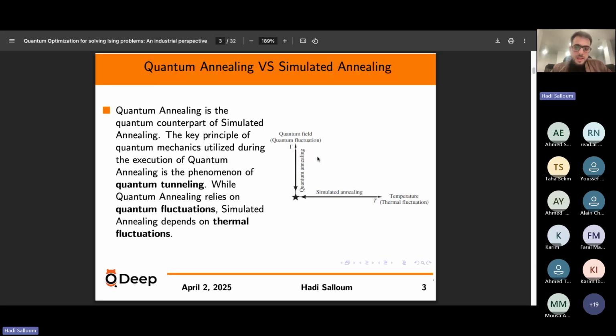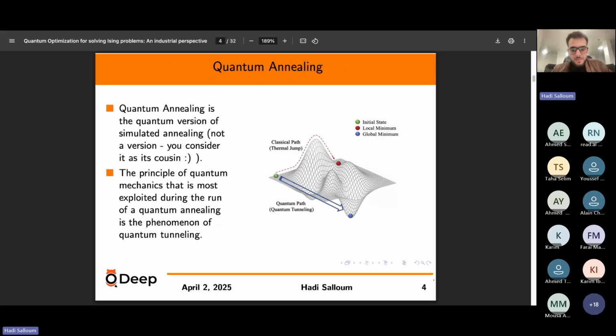You can see from this diagram the difference between quantum annealing and simulated annealing. Quantum annealing uses only quantum properties, but thermal annealing, or simulated annealing, uses just temperature fluctuations. There is something called an open system, where you have both quantum effects and temperature, but I will not consider it in this presentation. To imagine where the advantage of quantum annealing is,